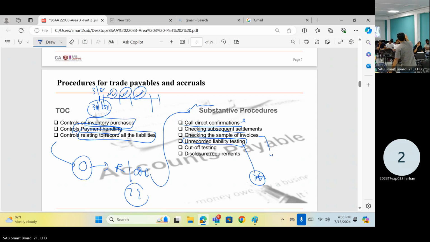First, you have to identify the operational account, get the cash payments, decide the materiality level, select a sample, and check whether each transaction was done in the subsequent period or the previous period. Whatever previous period sample items are identified should be recognized as a liability at the reporting date. That is called unrecorded liability testing. Through this, you are comfortable with the liability recognition of the company. I hope you are clear.